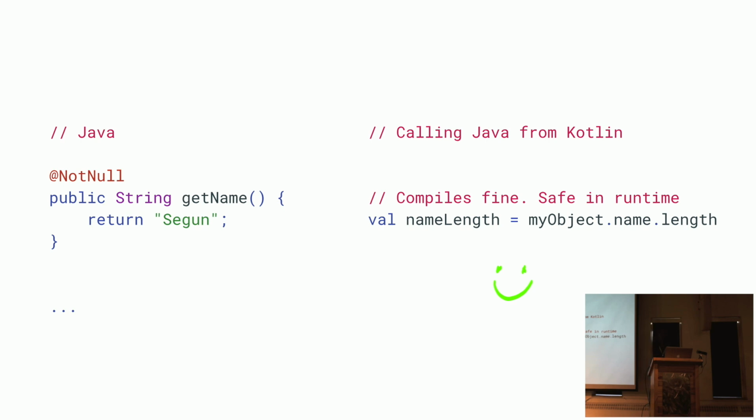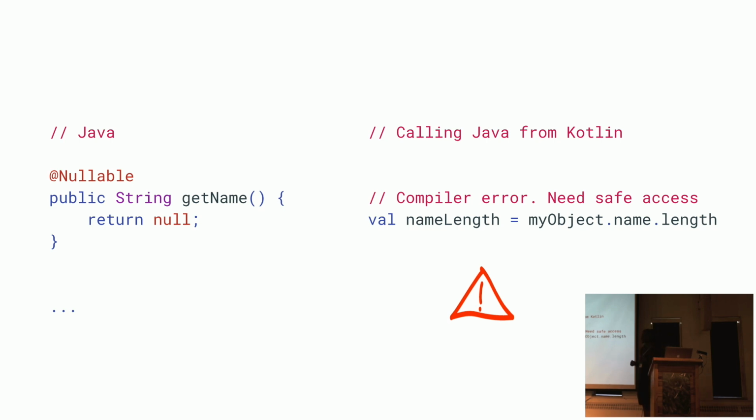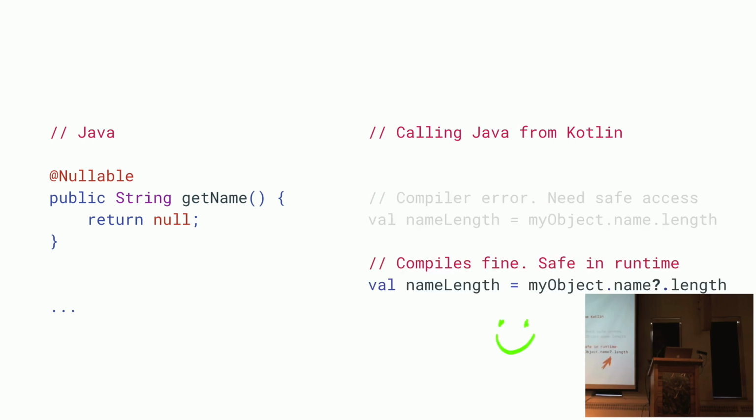So if you have this method on the left in Java, it returns my name, and we annotate it as not null. In Java, if we call it, we don't need to do a safe access because the Kotlin compiler already sees it as a non-nullable object, which is fine. But the story changes if we annotate the same method as nullable. The Kotlin compiler already sees that this object could be null, and it sees it as a string that is nullable. And that means we have to do a safe access to call this method,